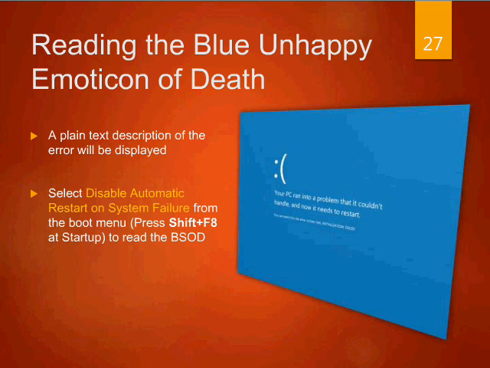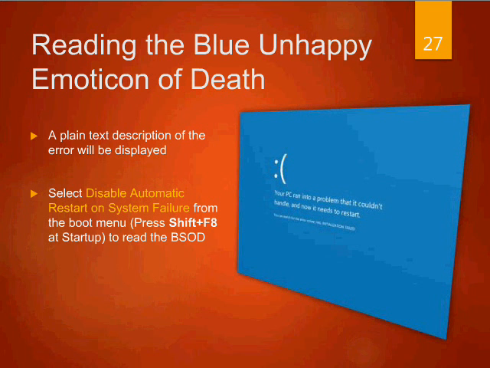And you need to go right through the Startup menus here, and it's in the Advanced Startup options. Go through all the troubleshooting stuff. You'll see Advanced Startup options, and it's in there: disable automatic restart on system failure, and that stops the computer on the blue unhappy emoticon of death, so that you can read it and you can see what the error is, especially if this is an error that's not appearing in the event viewer or if you can't get to